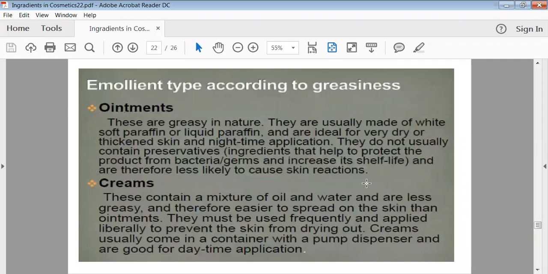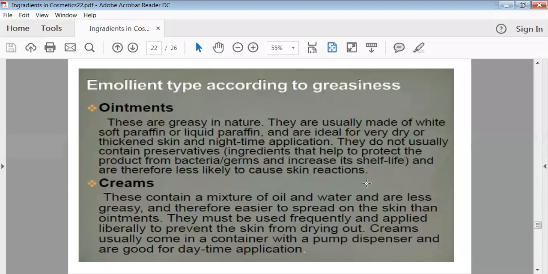Then ointments are there. Basically, ointments have various kinds of waxes or water insoluble material. When we apply plain ointments without any drug, they act as an emollient, having a greasy nature. They form a thin film on your skin, and because of that, they prevent the vaporization of water from the skin. That's why they act as a good emollient, as well as provide a soothing effect. These emollients also act as a protecting layer, having the ability to protect your skin from environmental conditions.